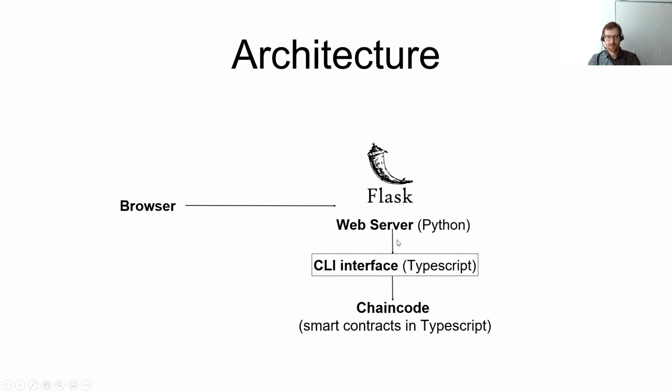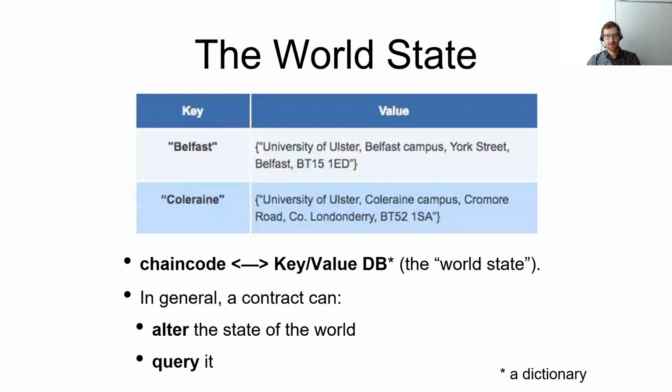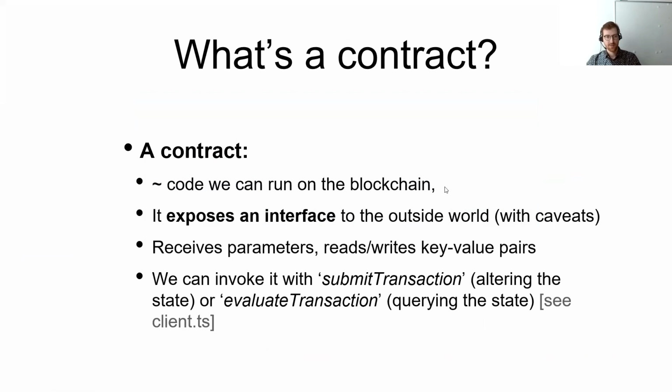So what you will see is basically an end-to-end example where we have provided the chaincode. The chaincode is basically a smart contract for Hyperledger Fabric, exposed through a command line interface, so you can play with it on the command line as well. But we also created a small web application on top, written in Python, that can call these functions and present them in a, well, not very beautiful, but very basic way on the web. So this is what you'll see. Just to give you an idea,